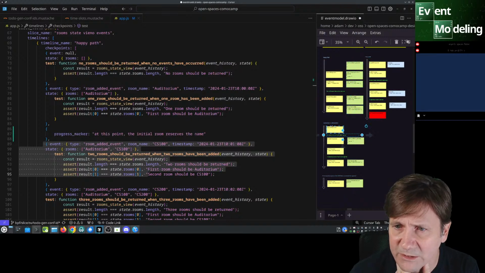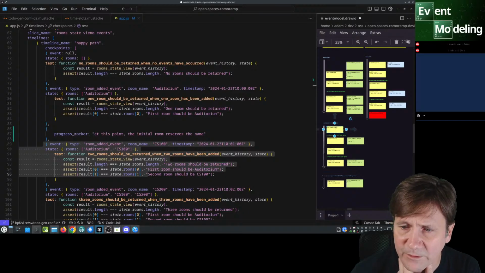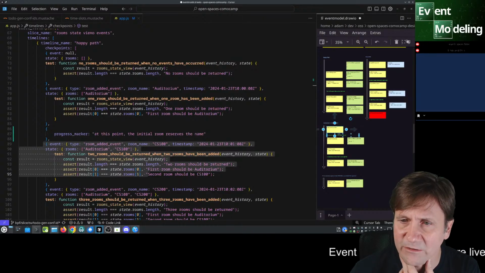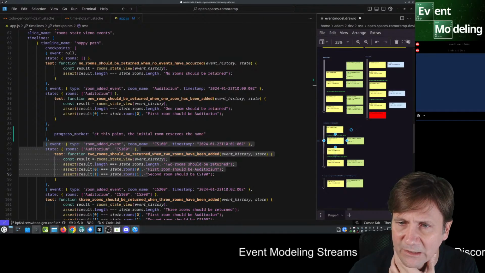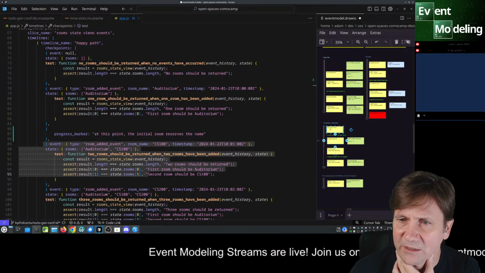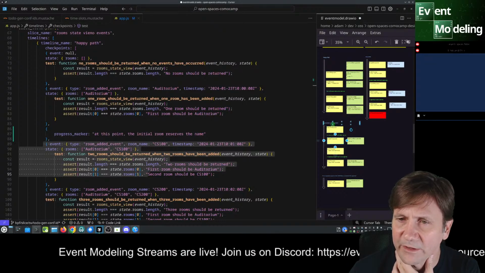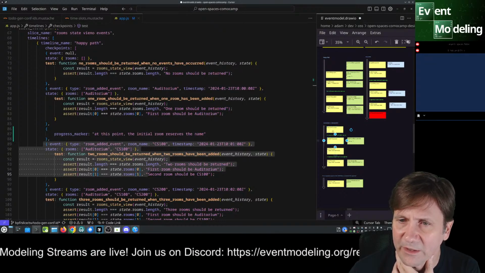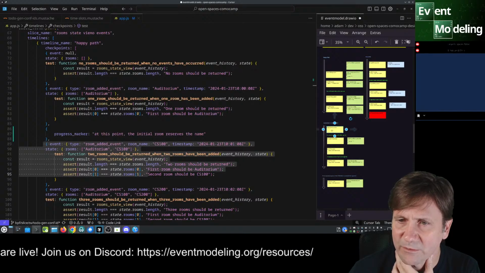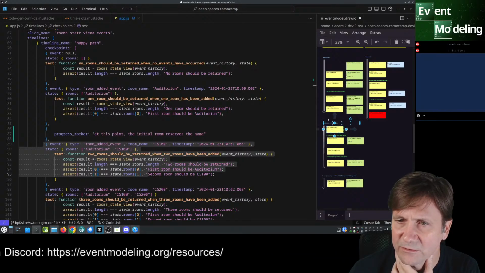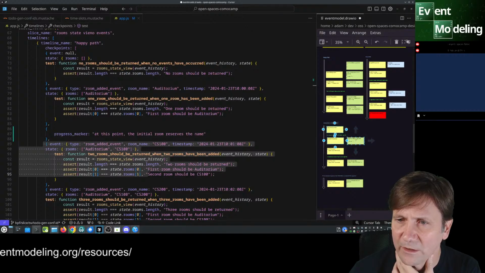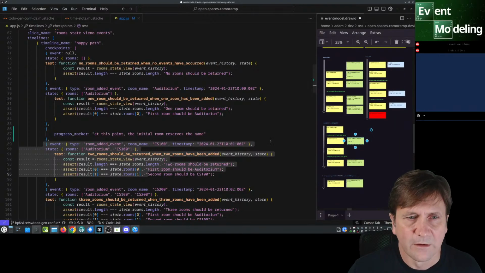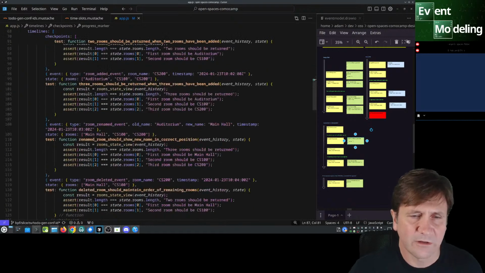In this case, some slices are setup. Sorry, some checkpoints are just adding history, and there is no test here. It's providing a step that has been taken, and it's used as a part of the given when then. So the arrange act assert, this is part of the arrange. So we're arranging these two here, and then we're testing that the state is what we expect here. And so this is the code structure that we came up with.